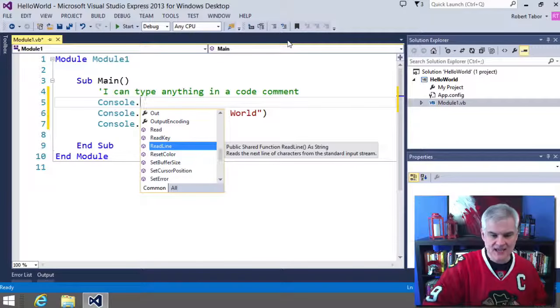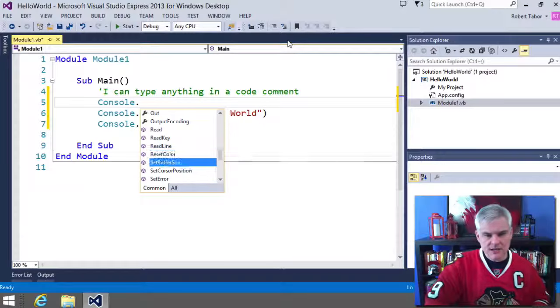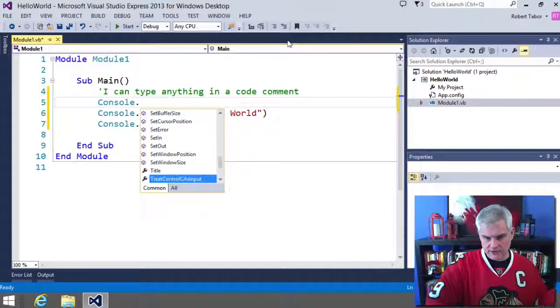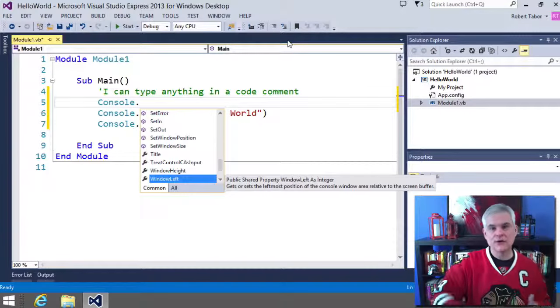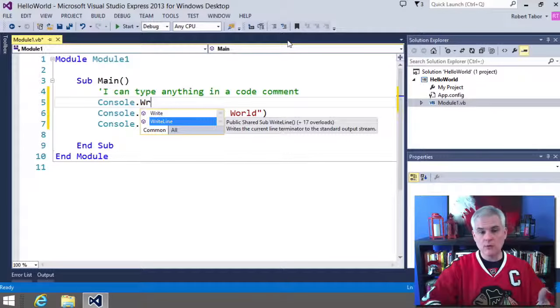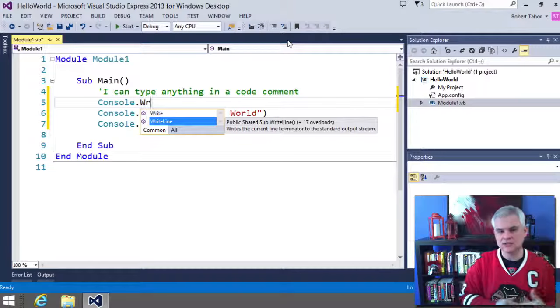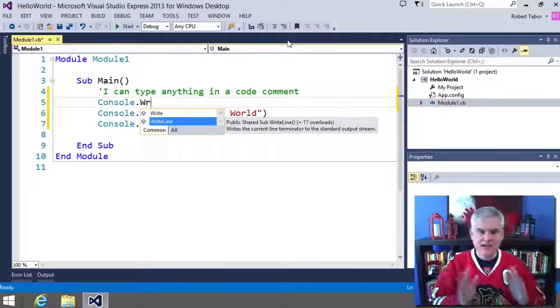So in this case, read line is a common selection, but I want to use my down arrows to look for write line. Now, if there are too many selections left, I can filter that list by typing WR, and now it's shortened that list to just 2 possible options, write or write line. And there's another thing that I want